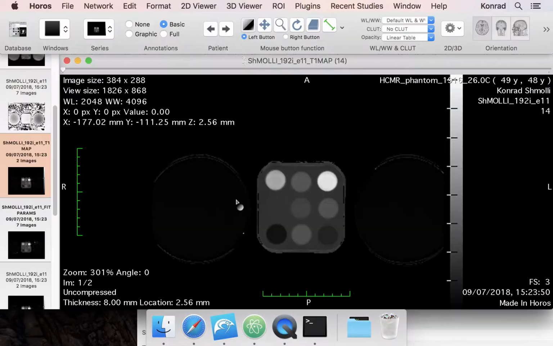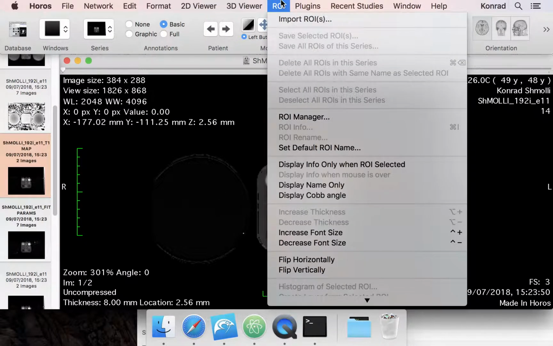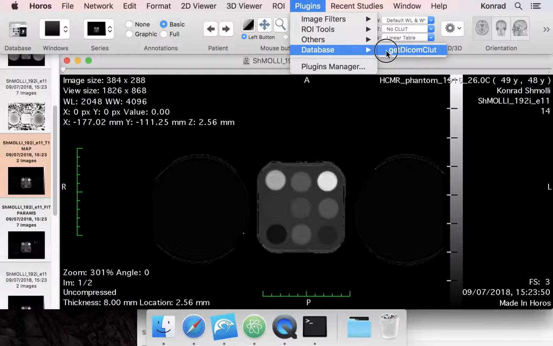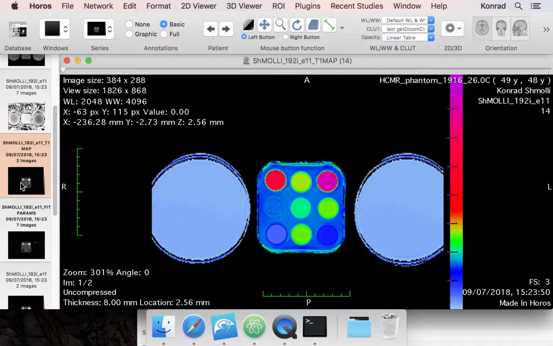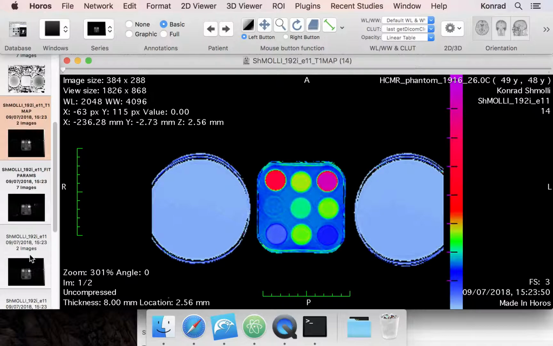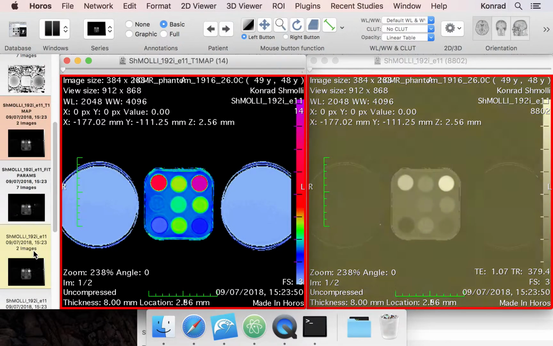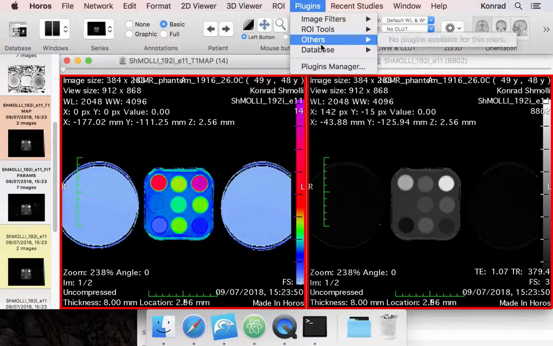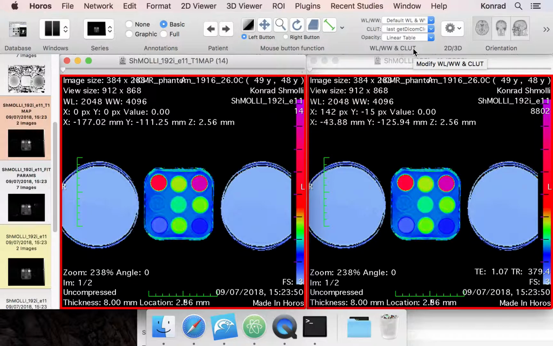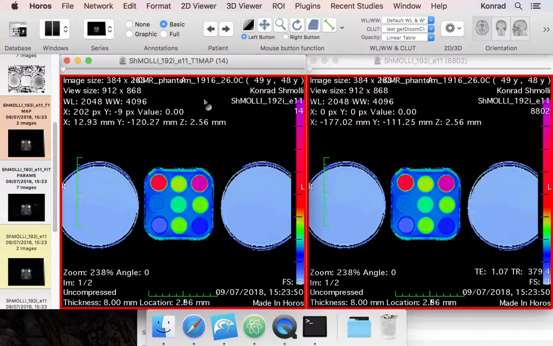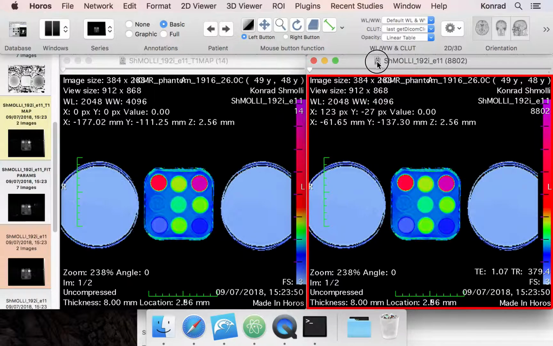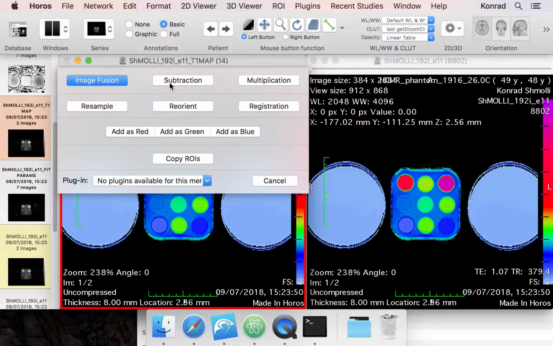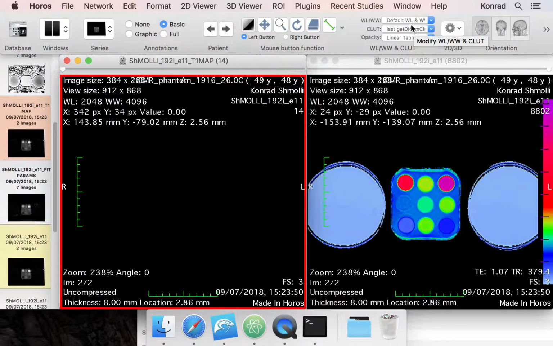So let's take a look at the original map calculated on the scanner. As you can see, this is a phantom with the correct color map. So if we would want to compare these two, the one that we calculated using Tomato and the one that is original from the scanner, we can do it like this,